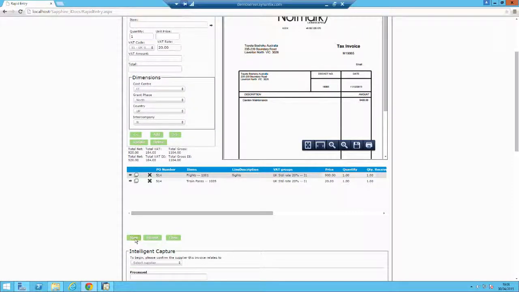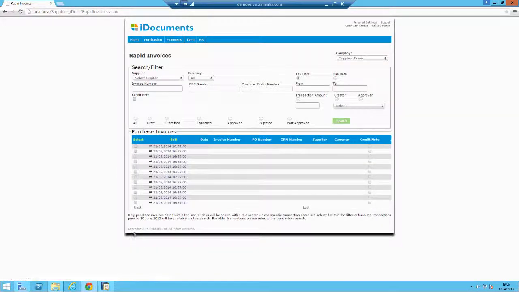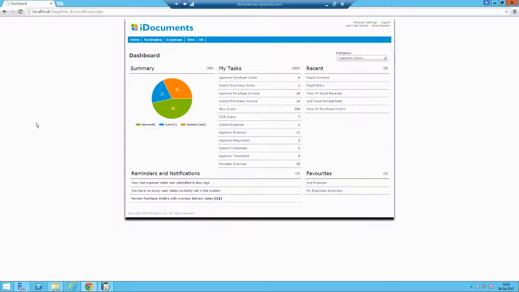And we can then save it and come back to it at a different point in time, or we can go ahead and submit it. That can then route round to an approver, and once that approver receives perhaps an email that they have an invoice to approve, and they can receive that email at the point a document has been sent for approval, or